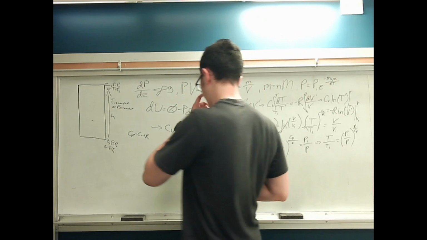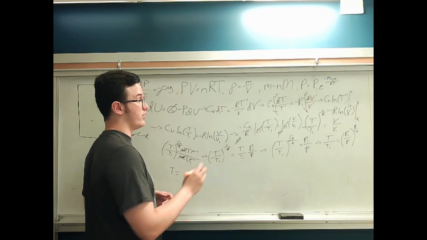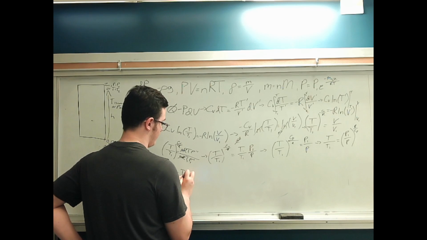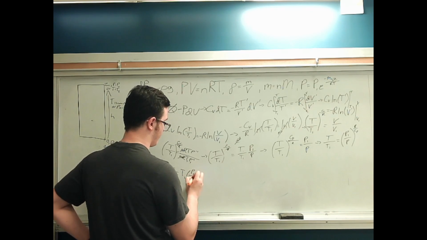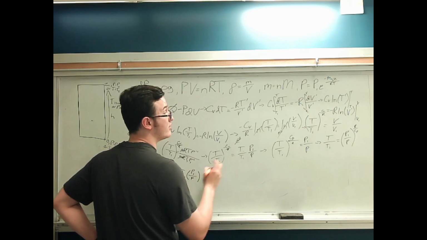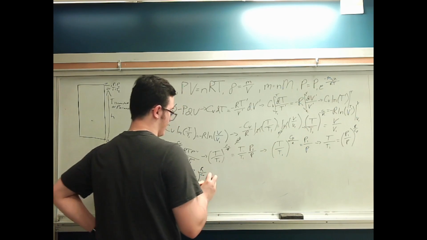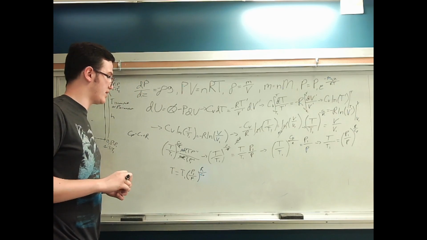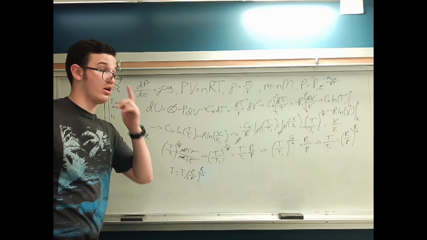Simply move this starting temperature over. Temperature equals T1, starting temperature, times starting pressure divided by pressure, to the power of ideal gas constant over Cp, specific heat capacity. We finally have our